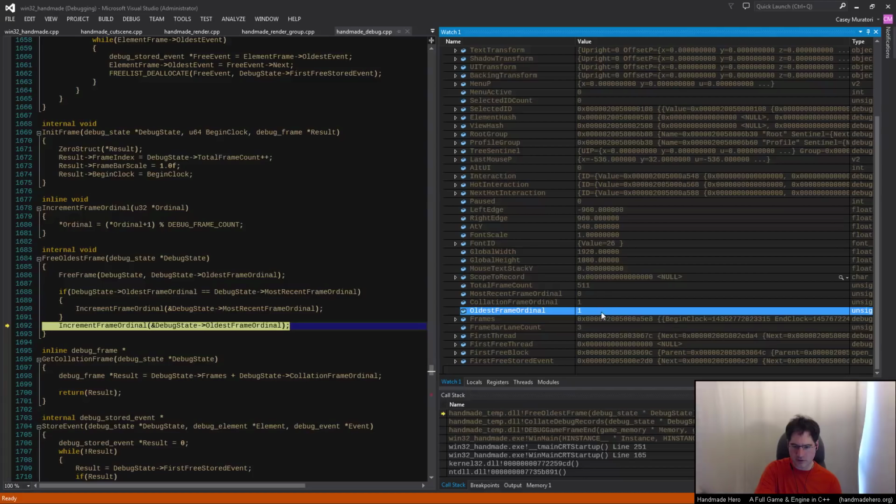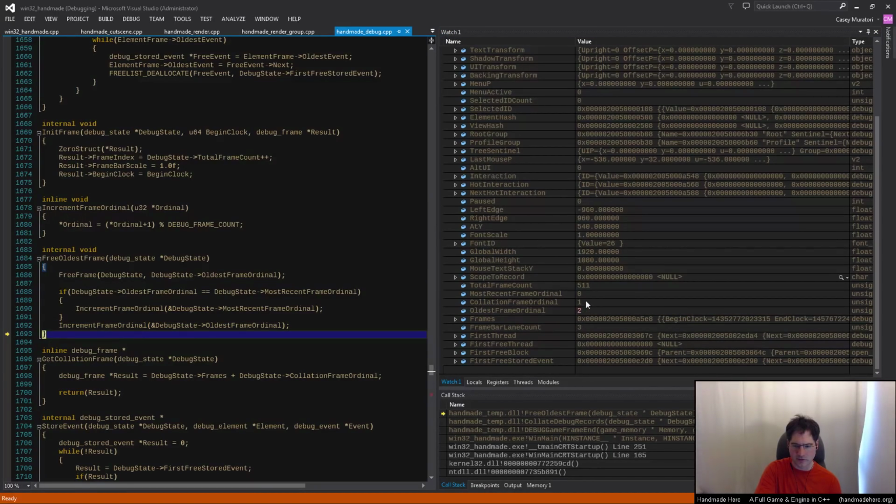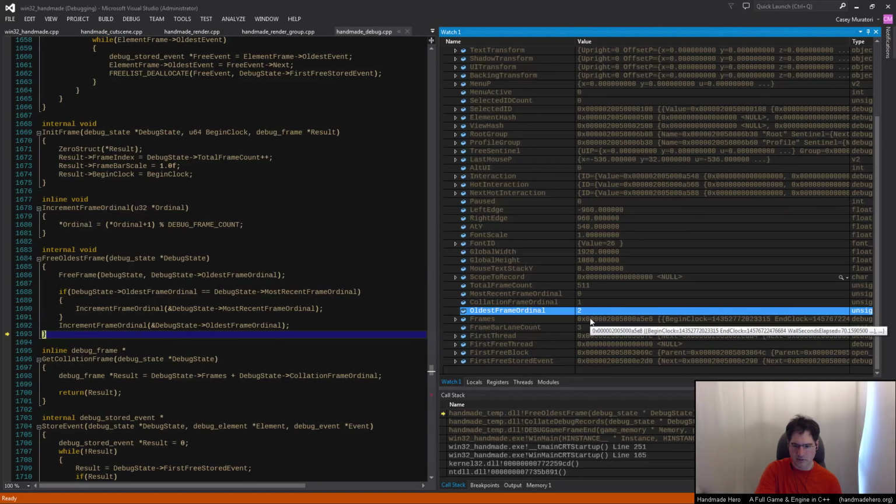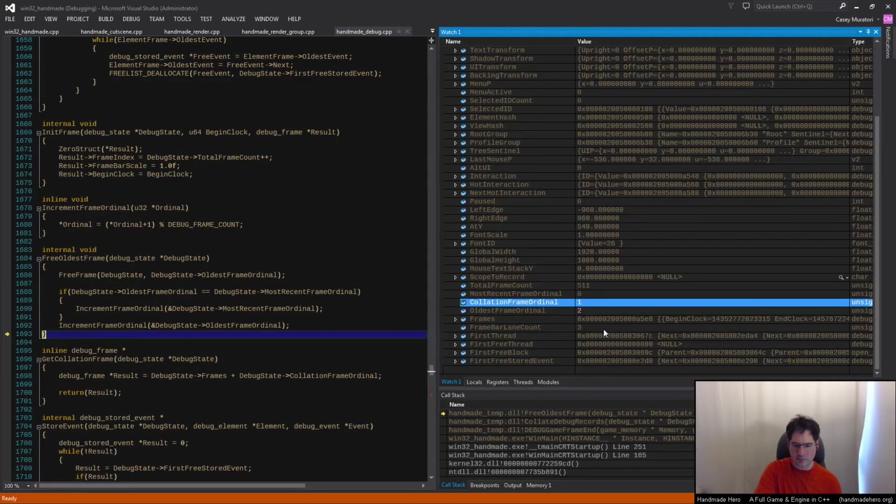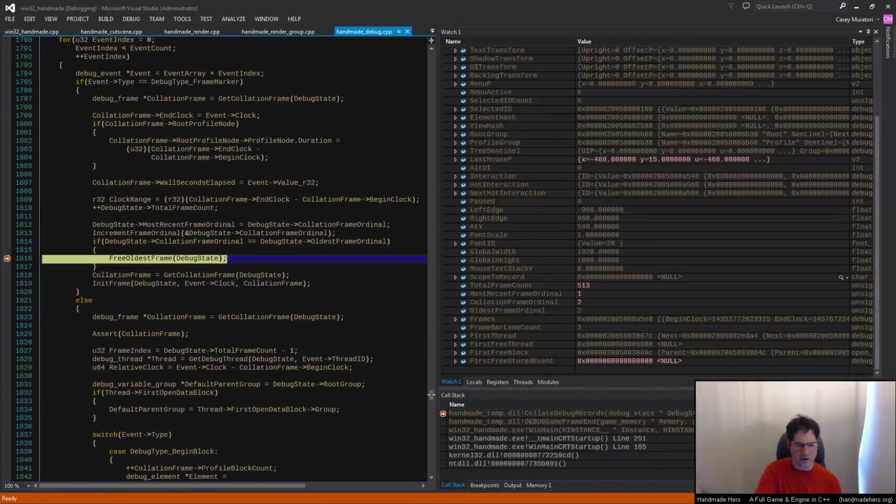And then we're left with the collation frame is on 1. The oldest frame is also on 1, so it moves up to 2. And we're good. Right? So that seems pretty good. So I'm not sure